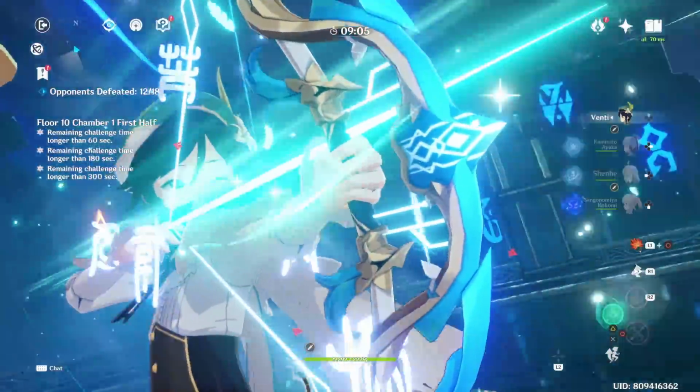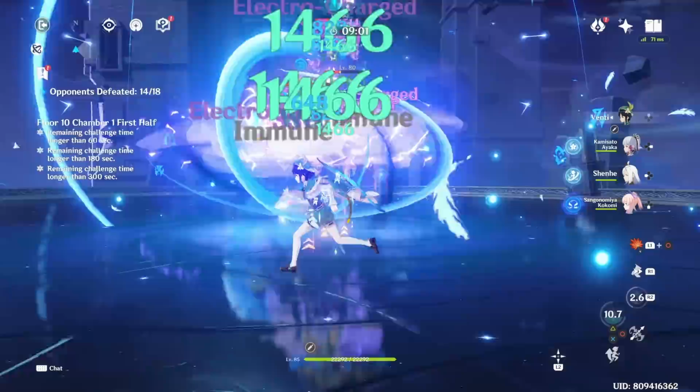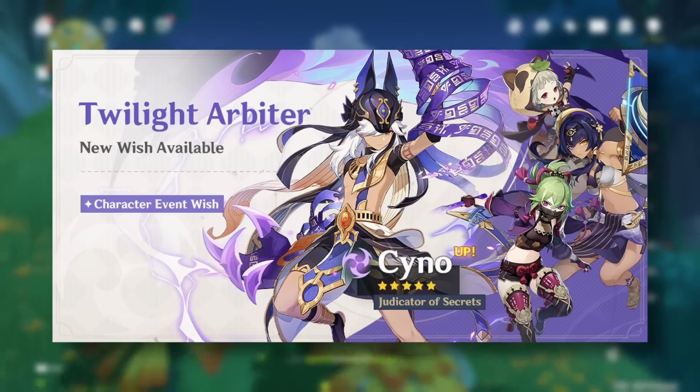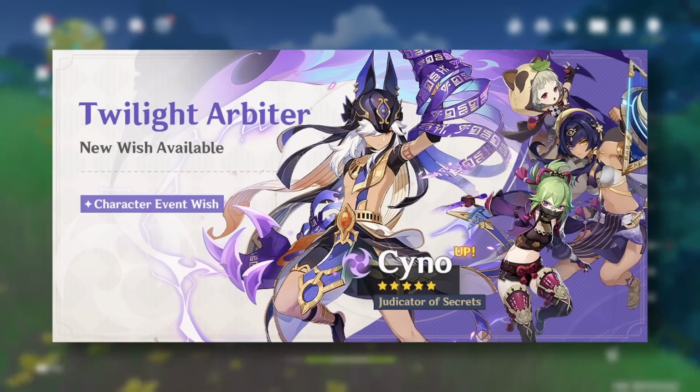And so many of the time it does not come down to how good of a hyper carry you have, but a lot comes down to what support character you are running on your team. Now looking at the 4-star roster of the banner, this is actually an interesting option that MiHoYo have dropped right here,